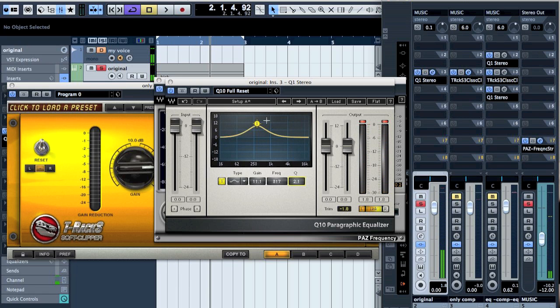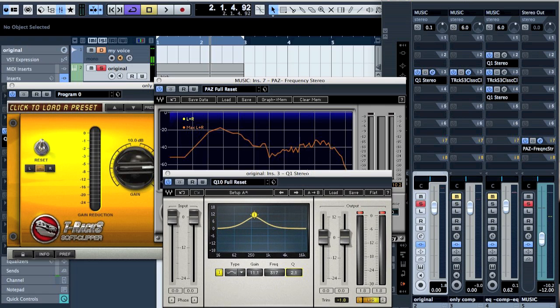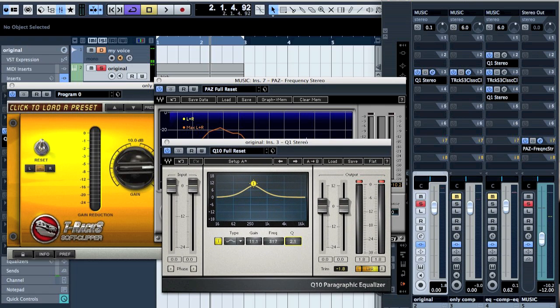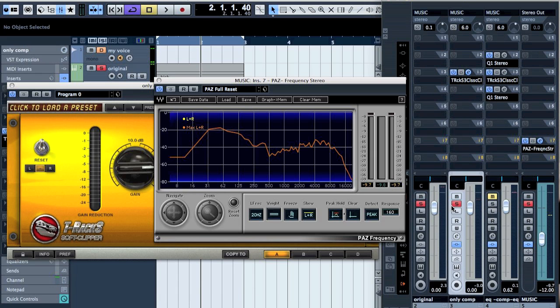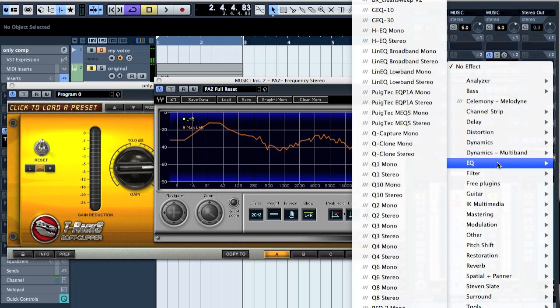So we get that kind of, I don't know how to describe it, it sounds really muddy and roomy. And without it. So we don't actually want that. And if we listen to it again, it gives us a lot of that mid-band distortion. So if we would cut out just a bit of that